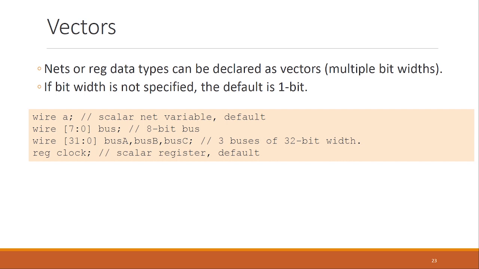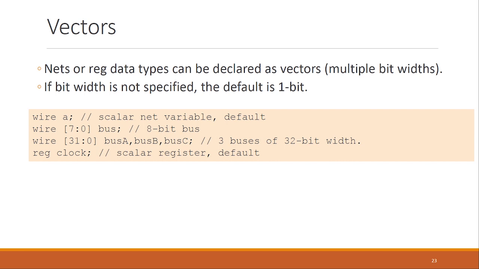But if you need to declare a wire or a register that is multiple bits in width, you need to use this syntax: wire A. Now here wire A example is a scalar net variable, that is, the size of this wire is 1 bit. And if you want to create a wire or set of wires,